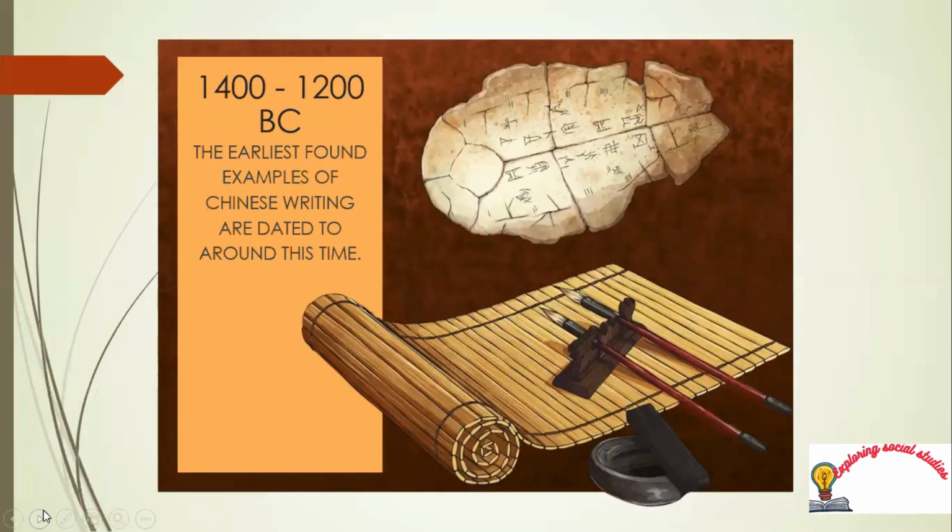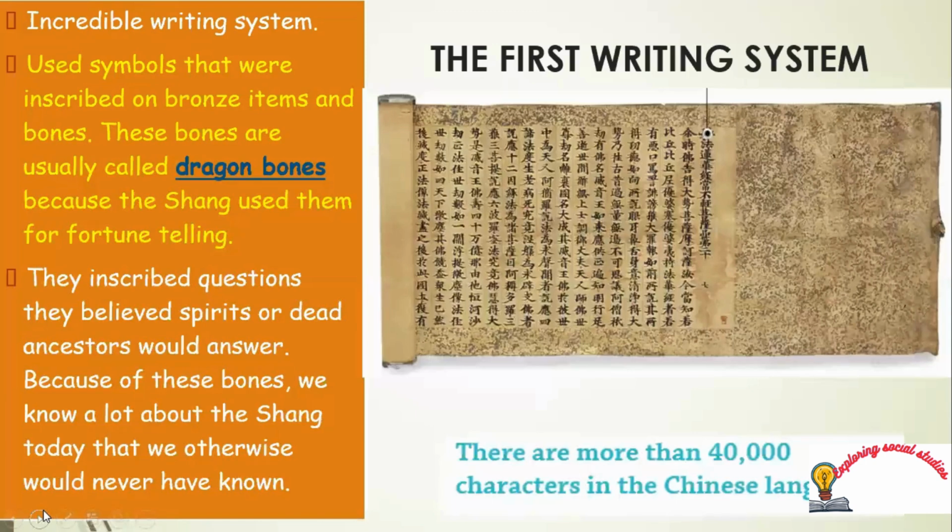1400 to 1200 BC: the earliest found examples of Chinese writing are dated to around this time. The first writing system is a pictographic writing system, using symbols that were inscribed on bronze items and